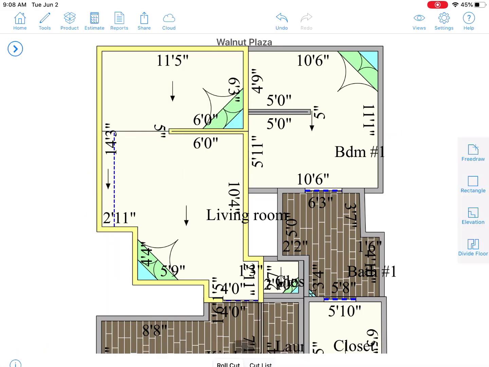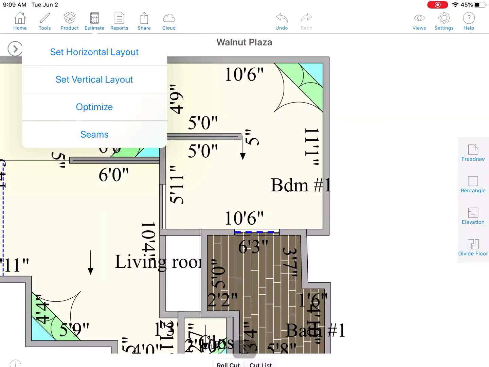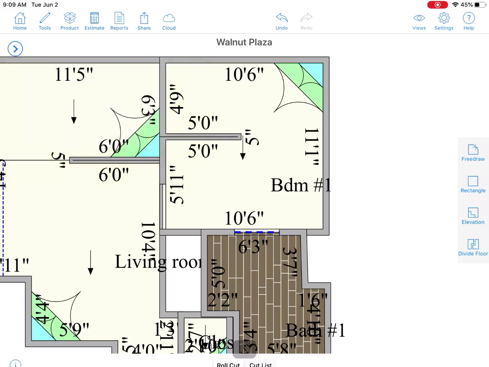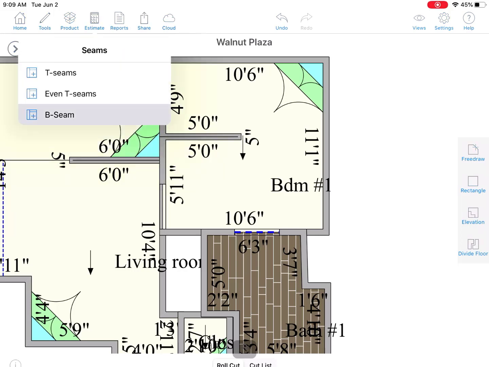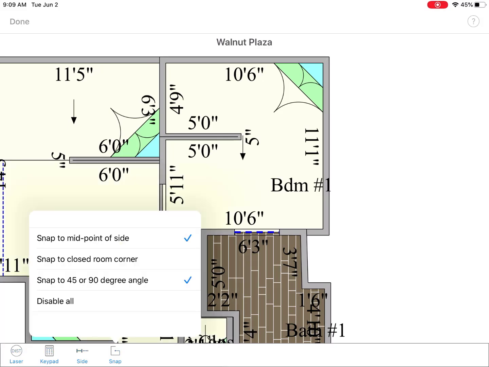You can also enable this feature when adding a B-seam. Tap on the estimate icon at the top left of the screen. Tap on Seams and locate the B-seam option at the very bottom. Tap on the snap icon at the bottom left of your screen and make sure that the snap to close